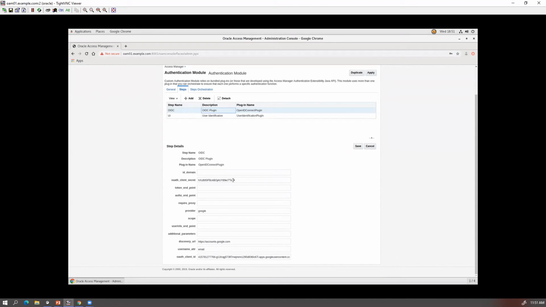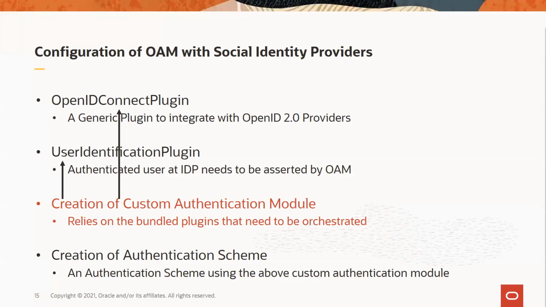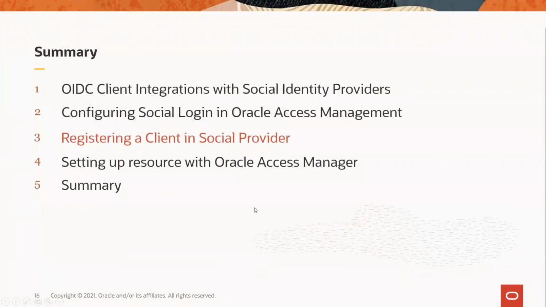I'll show you later how this client ID and client secret have been arrived at as an OAuth client here. So there are the concepts of OAuth client, the resource server, authorization server, and the resource owner, and you can refer to the documentation on OAuth and OpenID. These are all standards that are part of the OAuth, OpenID flow.